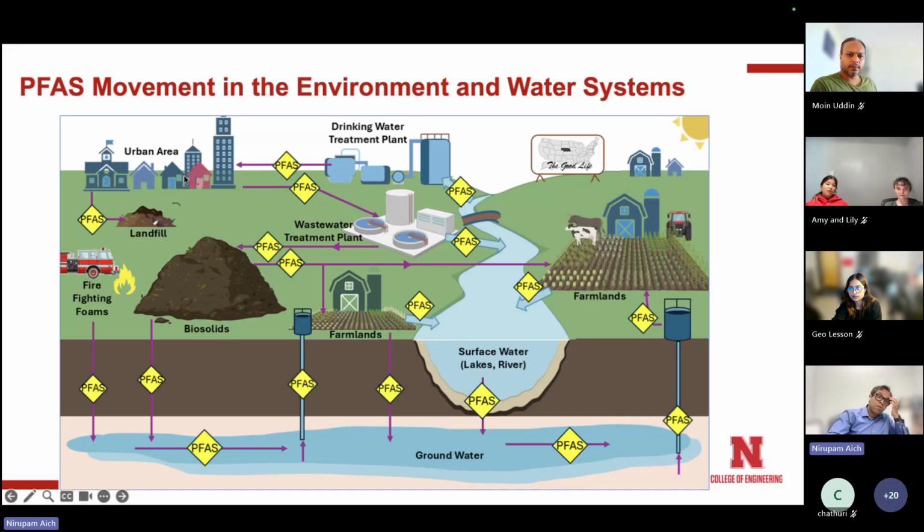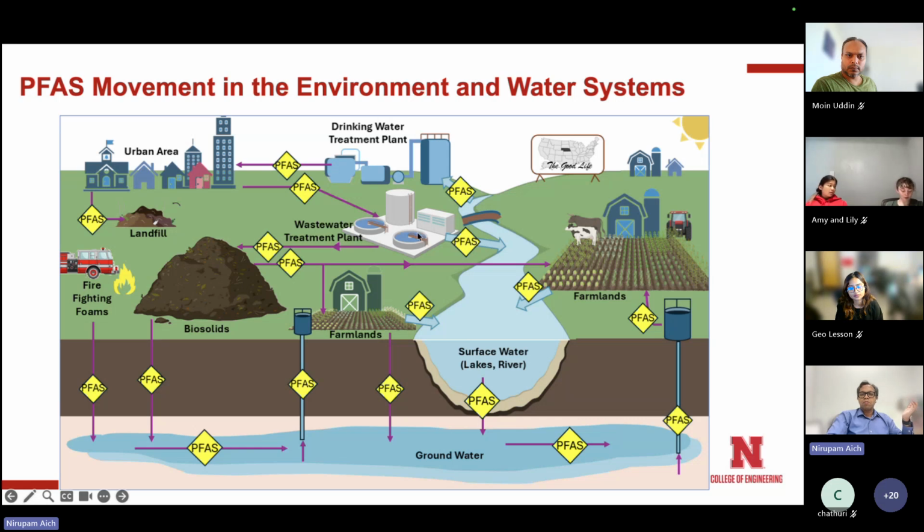In many cases, we are using or making PFAS in urban areas and manufacturing, and then from there, we can think about how PFAS moves in different ways: air, water, soil. But because I'm more on the water side, let's look at the water and how it goes from there. So we have sewage water, municipal wastewater or industrial wastewater, that goes to the wastewater treatment plant, right? So PFAS goes there too, with other contaminants.